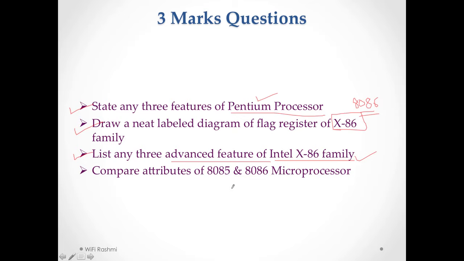Next, compare attributes of 8085 and 8086 microprocessor. Here you have to compare these attributes, that is, what is the difference between 8085 microprocessor and 8086, which I already gave you in the first lecture of this chapter. Now the next one,